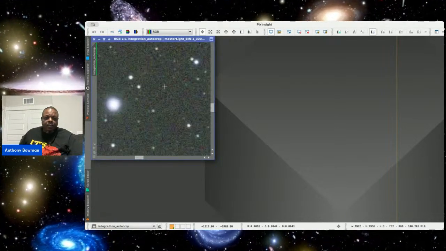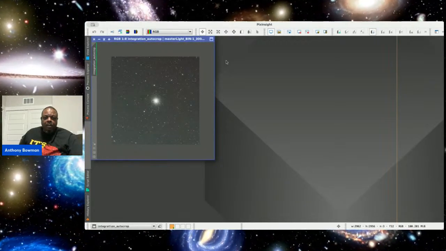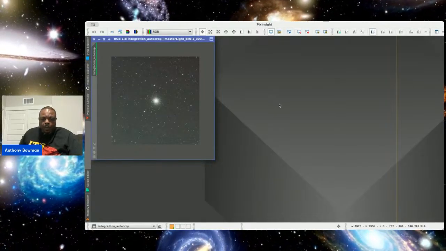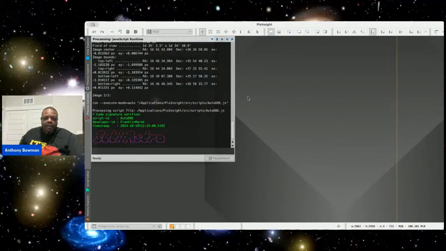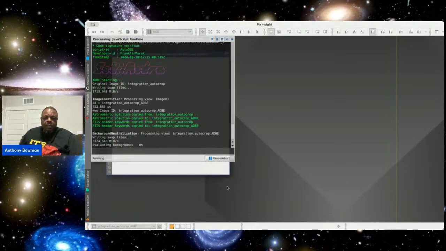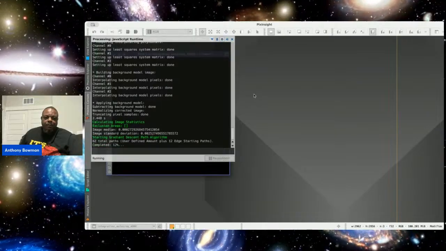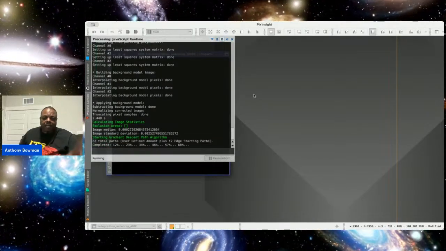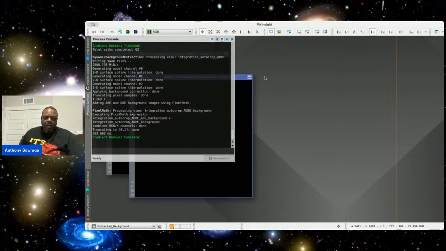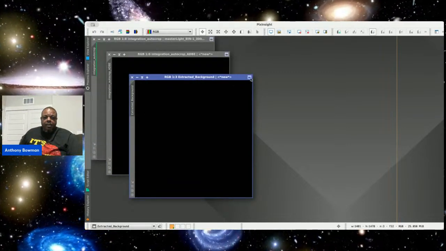We're going to clean that up, smooth it out a little bit. So we're going to do our dynamic background extraction. Most people doing this use that to clean the background up just a little bit.